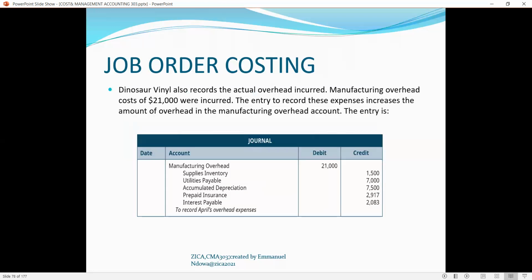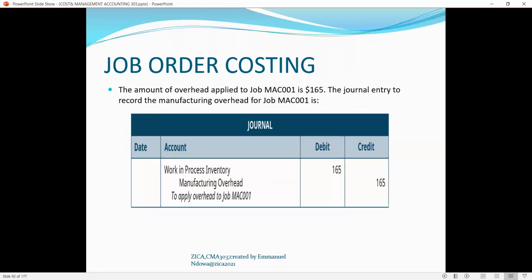And then the second leg: we are now looking at that pool of 4,000 indirect labor. We now need to take the 165 only from the manufacturing overhead, that is the indirect labor for the job of manufacturing our billboard. So the amount of overhead applied to job number MA6001 is 165. The journal entry to record the manufacturing overhead of job number MA